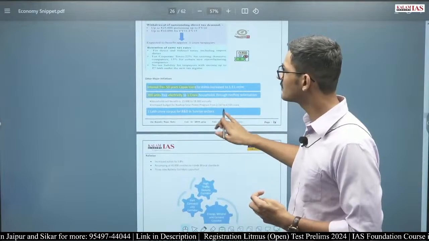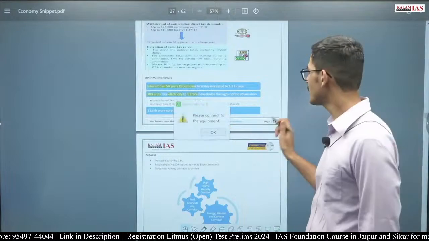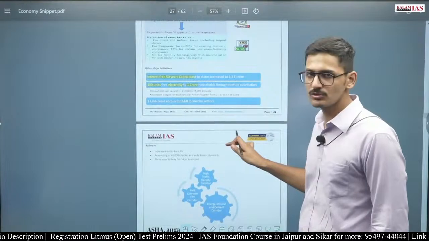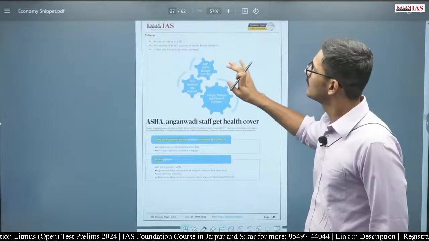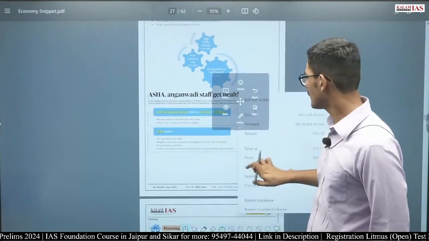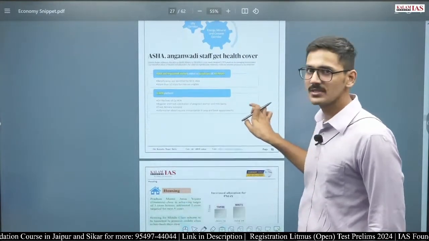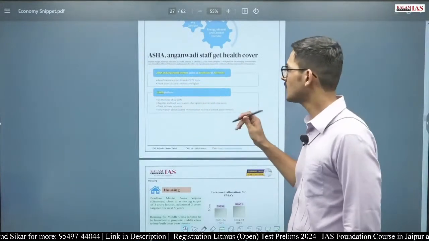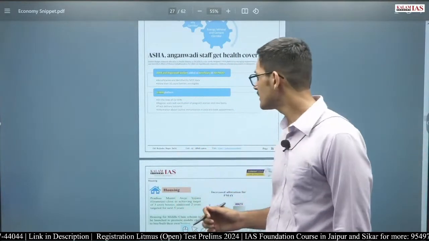Next is another major initiative. An interest-free 50-year capital expenditure loan of 1.3 lakh crore is provided by the central government to the states, and 300 units of free electricity to 1 crore households would be provided through rooftop solarization. Now, this is not very important data. This you should know: Anganwadi and Asha workers have recently been included in the Pradhan Mantri Jan Arogya Yojana, Ayushman Bharat. Earlier, Asha workers and Anganwadi workers were not part of the beneficiaries. Now they have become part of the beneficiaries.